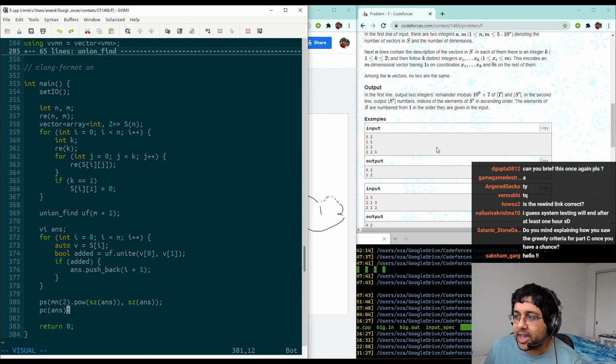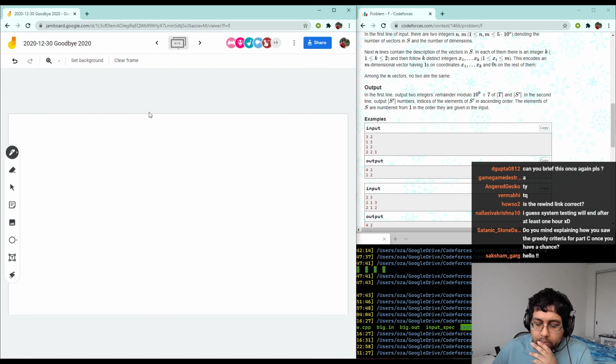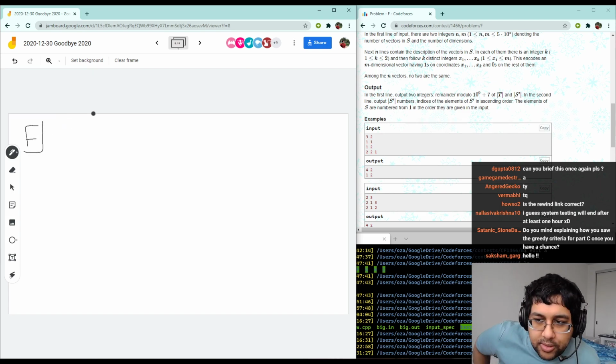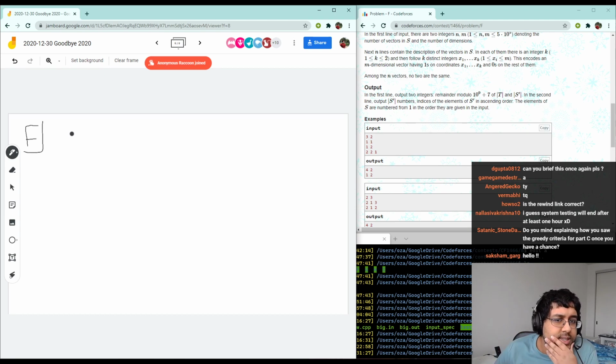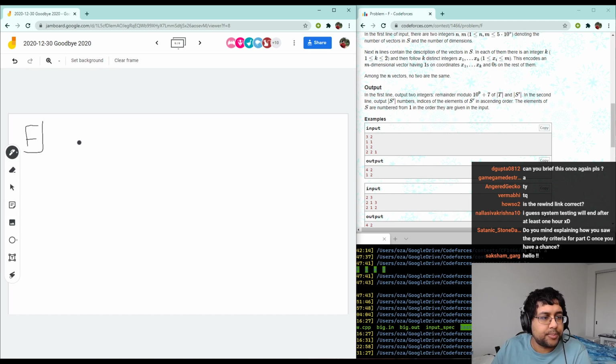My solution was a little bit hand-wavy on the details, so maybe let's see if we can formalize them or explain them a little bit better. I was actually a little skeptical of this when I thought of it because I found this a lot easier than I found E. So I was wondering if I had missed something or some tricky edge case. So, all right. Basically the idea is you consider